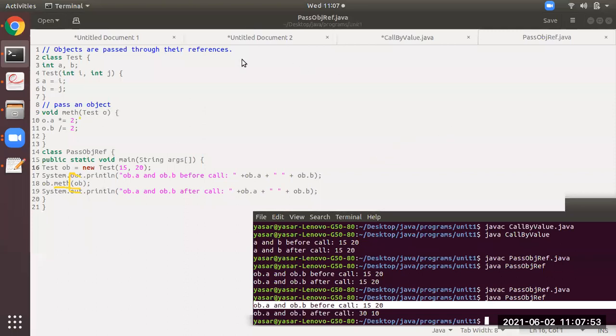What this will do now, at line number 10, you can observe, o.a *= 2, that is o.a = o.a * 2. So o.a is what? It is 15. So 15 into 2, that will be 30.